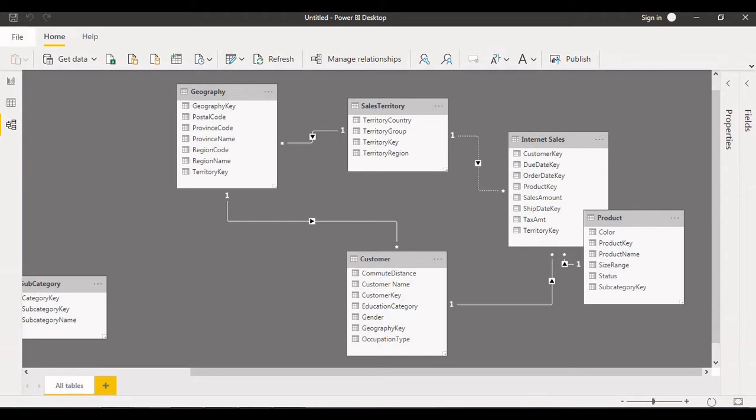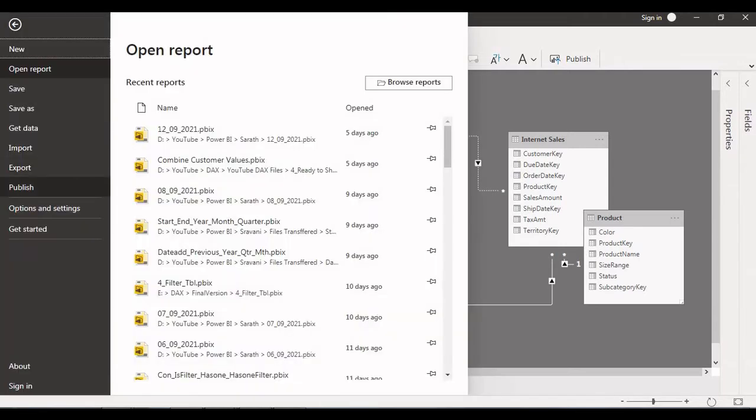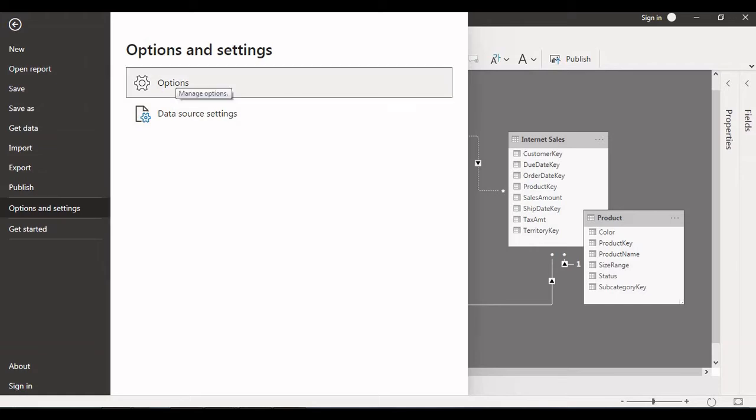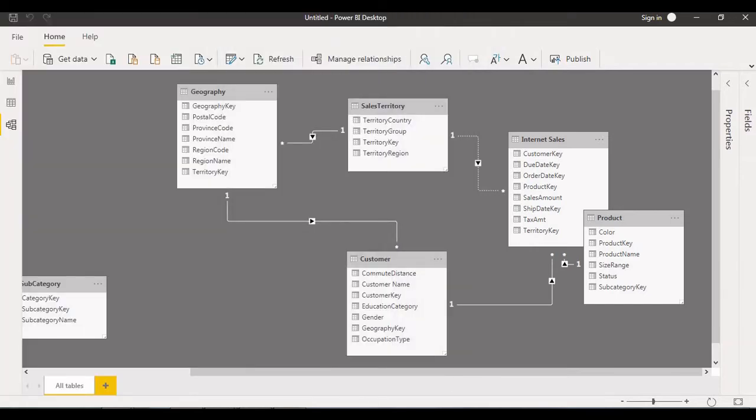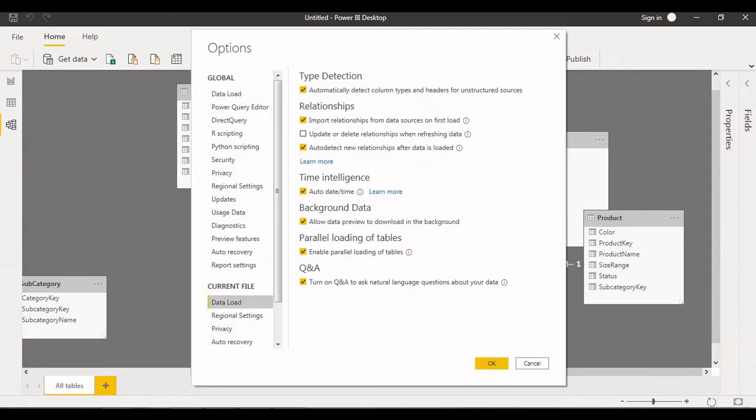So just click on File, then Options and settings, Options. So the properties window is open now. Go to Data Load. Now we can see there is a relationships section. Here we can see import relationships from data source on first load, and also auto detect new relationships after data is loaded. So it means that whenever the data is loaded into this Power BI desktop,